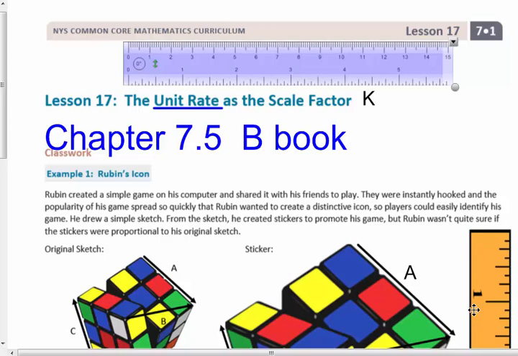Lesson 217, the unit rate as the scale factor. Remember, that's k. Scale factor is k. So we're going to be using this k idea, y over x equals k, now with drawings and images and scale factors. Again, this is chapter 7. You don't have a B book, but you could get to this online in your online textbook. So this is in the B book, which is not in your possession right now, but you do have online